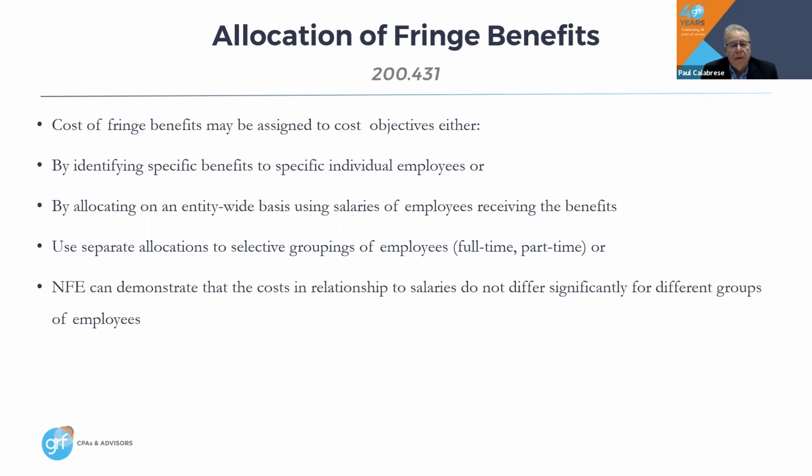The groups of fringe benefits might be, hey, people are full-time or part-time. Sometimes they even call it tier 1 and tier 2 fringe, because there maybe are part-timers and they don't get a lot of the other benefits. So the most common, but doesn't mean it's the most preferred, is probably allocating entity-wide. And then it just depends on how sophisticated the allocations become.